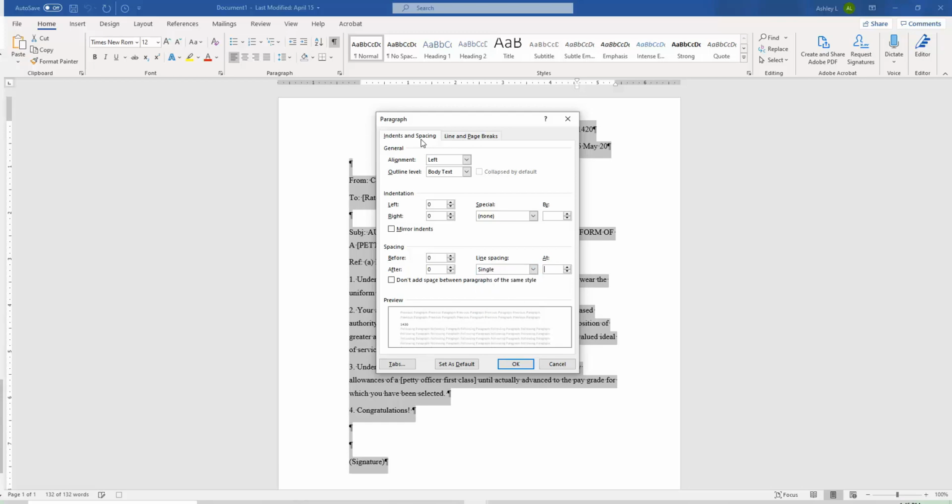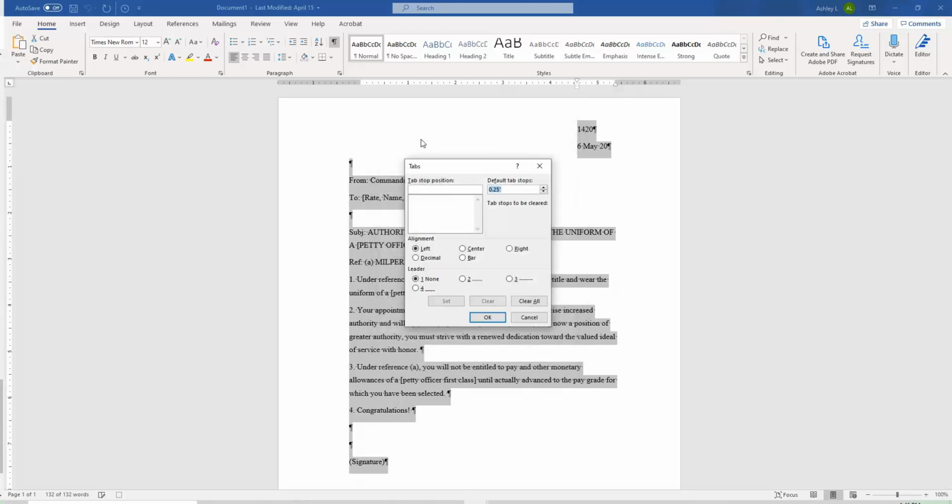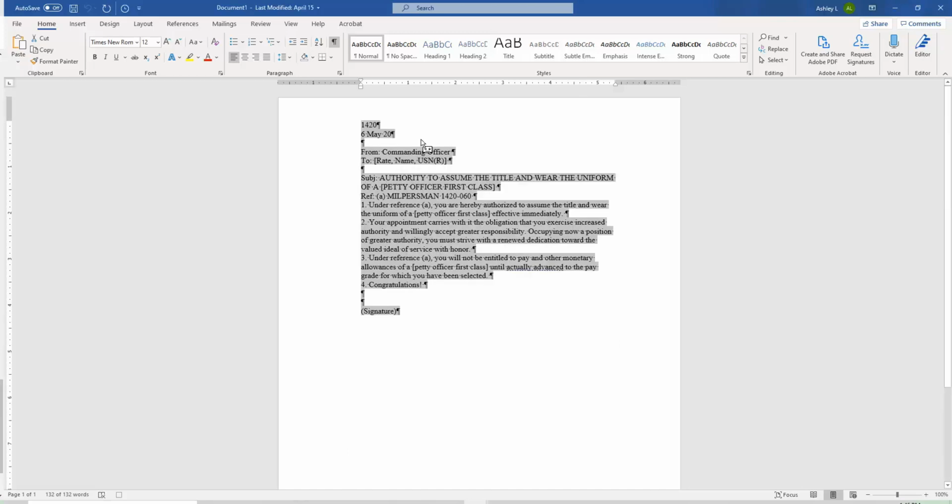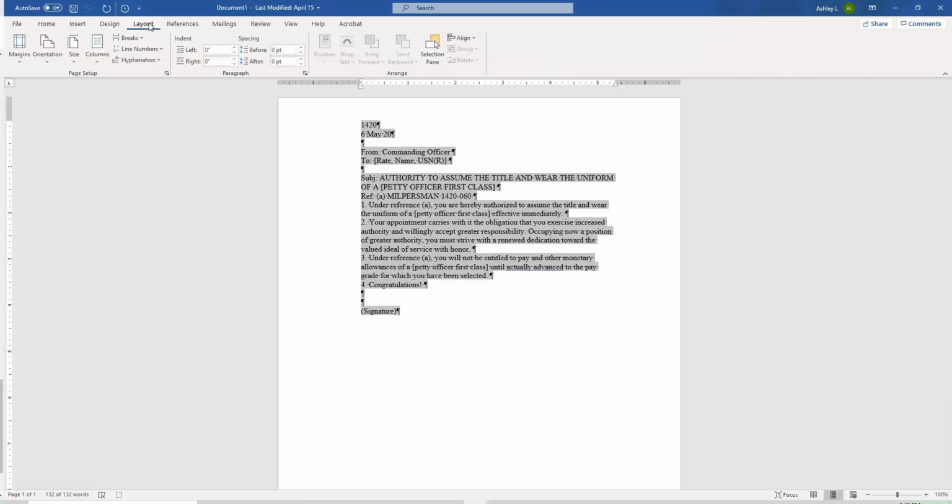Then you're going to tab, put nothing in the at section, tab again, and then you'll see you've got the highlighted tabs button. Click enter. You're going to make sure it's at 0.25, and how you do that is you're going to type in 0.25 and then an inches mark, and then you're going to tab, hit enter to clear all stops, click OK, and then you're going to go over to the layout section